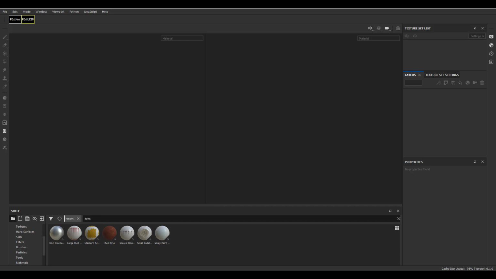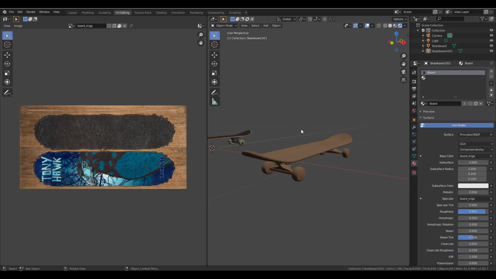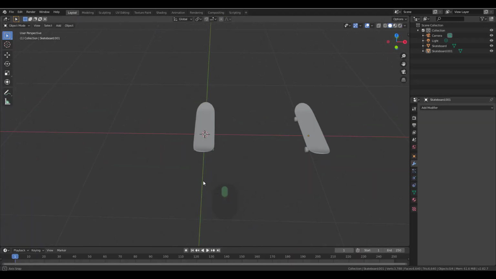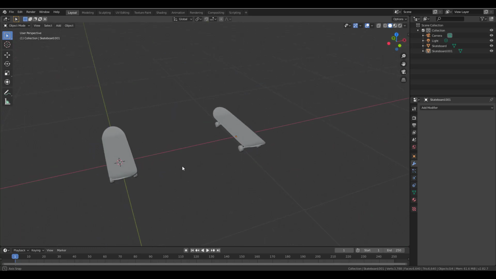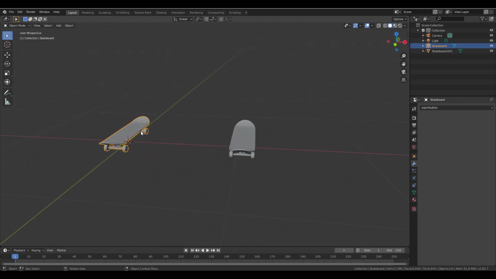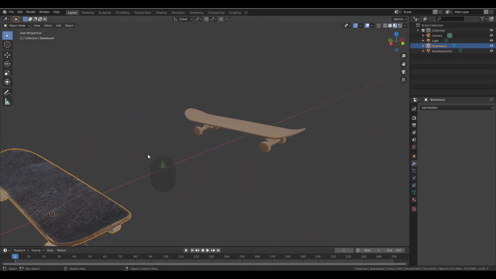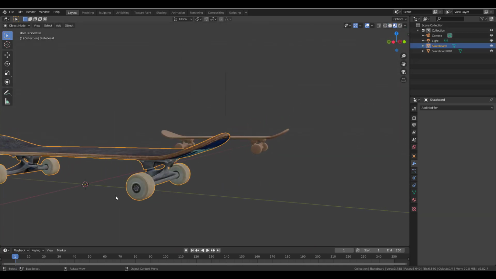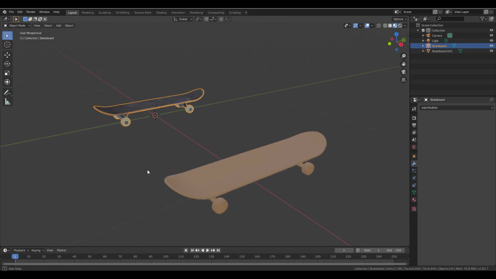One other interesting thing which you will also love to see is the new improved automatic UV unwrap. For this, we're going to jump over to Blender and take a look at some things that you need to keep in mind while working with this tool. Directly here in Blender, you will notice I have two separate skateboards. The very first one is our traditional skateboard, and if I switch this over to shaded, you can see that it has textures, and having textures means that we have UVs. For this other one, I've also gone ahead and deleted the UVs,